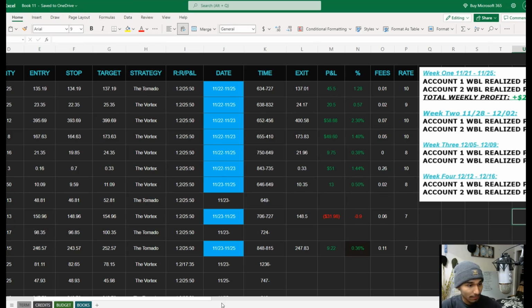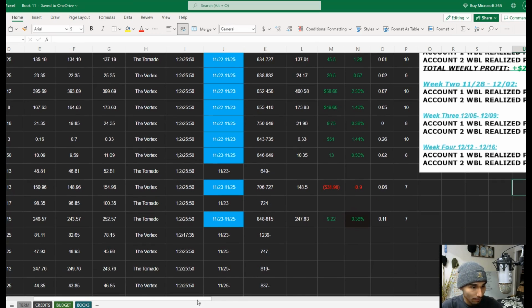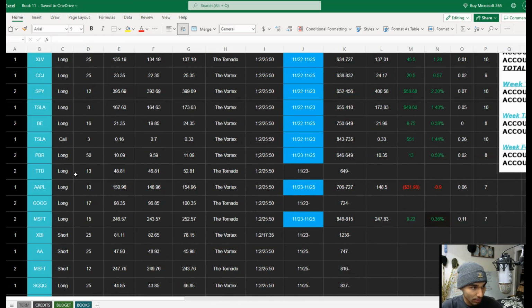Alright, so going back to my positions here, like I said, I have 2 long positions for the upside, which is TTD and Google. I know I said that I wouldn't be buying stocks right now, but this is pure short term. Besides those 2 long positions, I am pretty heavy on short positions right now because I feel like the price is going to get rejected. XIB short, AAA short, Microsoft short. SQQ is a long, but SQQ is pretty much a stock that goes up when the market comes down.